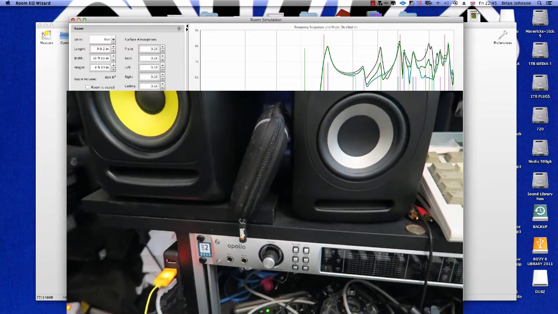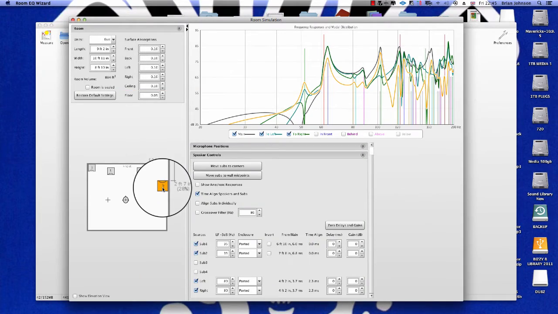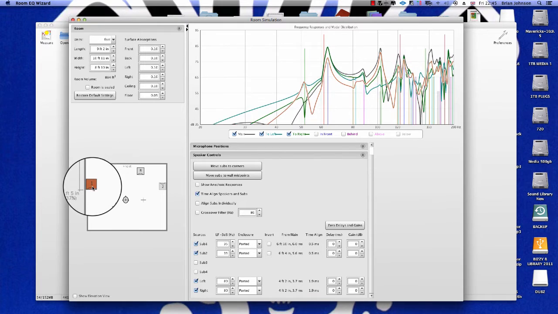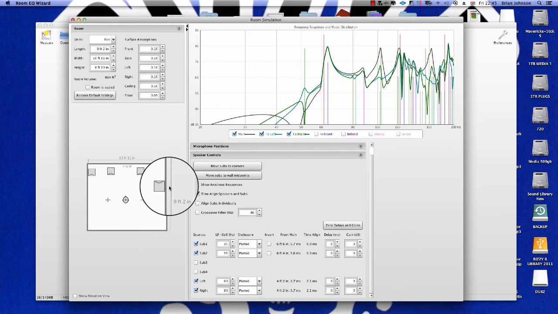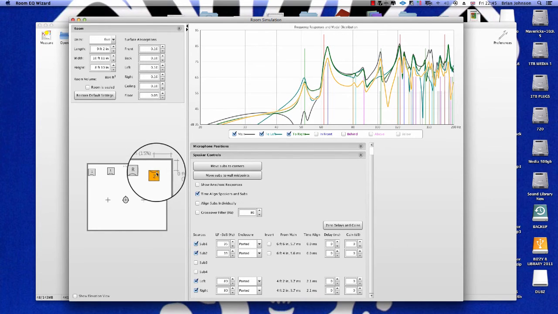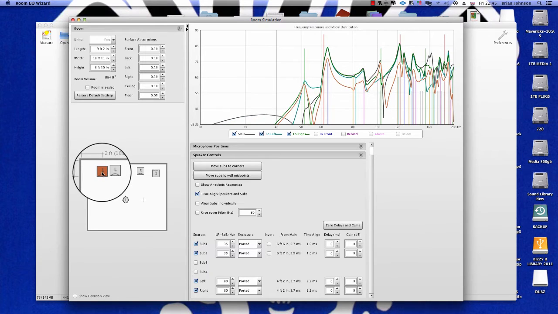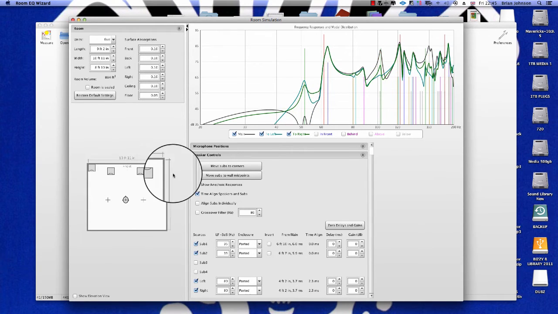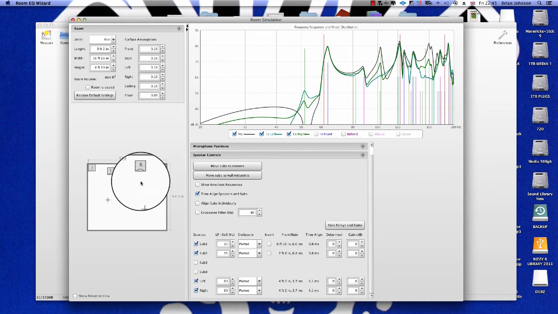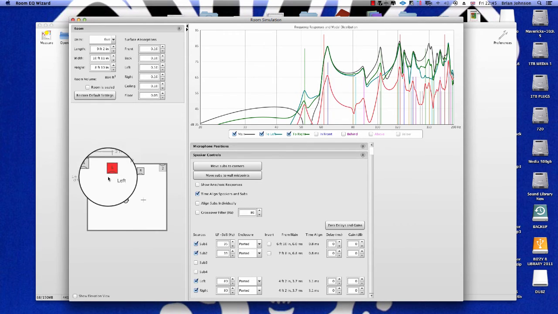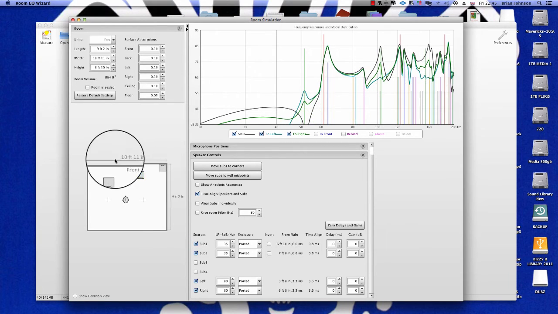Originally I had my Rockets somewhere around here, and as you can see, they were sounding kind of crap, to be honest. I wasn't really liking the sound of it, so I've stuck them in corners now. In this room there is a kind of chimney part which sticks out a bit, and then there's a cavity, and it's a bit of a pain because this tends to suck up the bass in the room, as you can see here. But as I've set that up now,